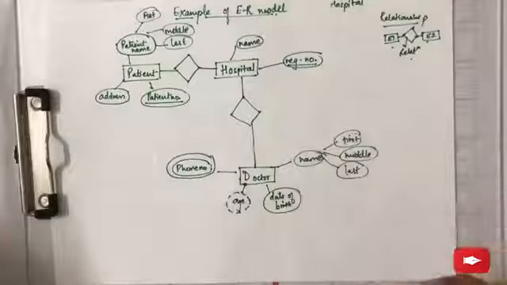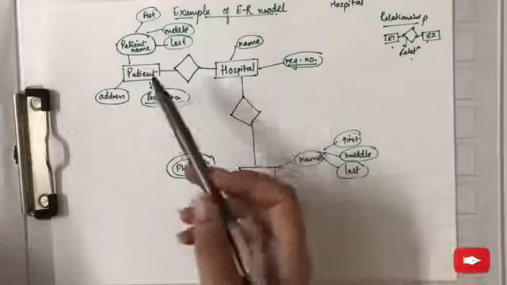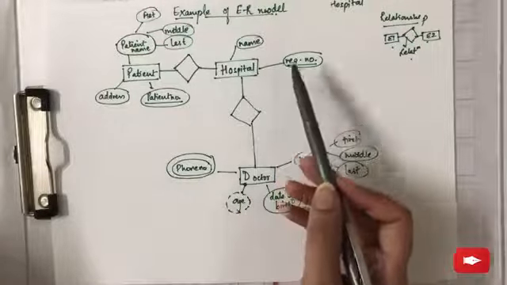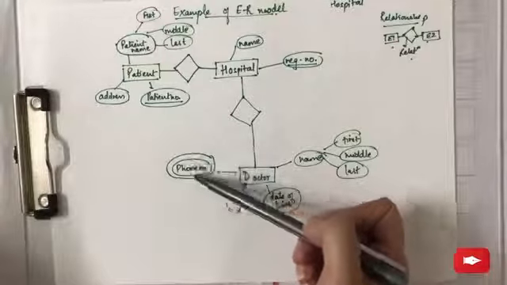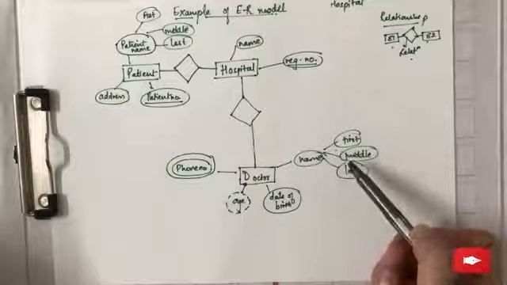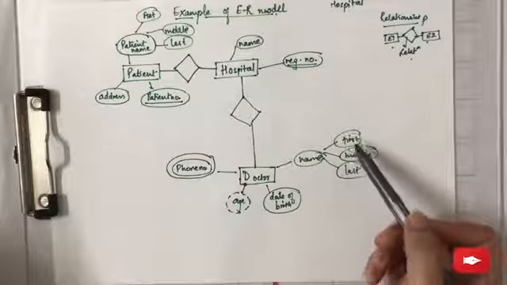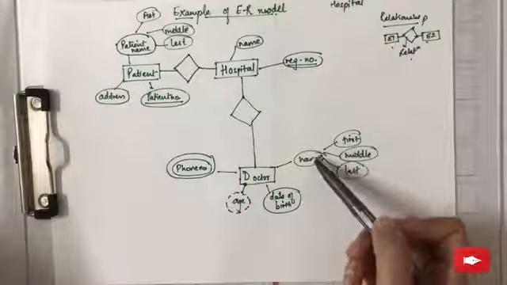So this is a very basic example of an ER diagram where we are representing the entities in rectangular boxes, attributes in oval boxes, relationships in diamond boxes, and all these are linked using these lines. Primary key has to be underlined. Multi-valued attribute is to be represented by double-lined oval, and the composite attributes that are subparts are to be attached to the main attribute of that particular entity.